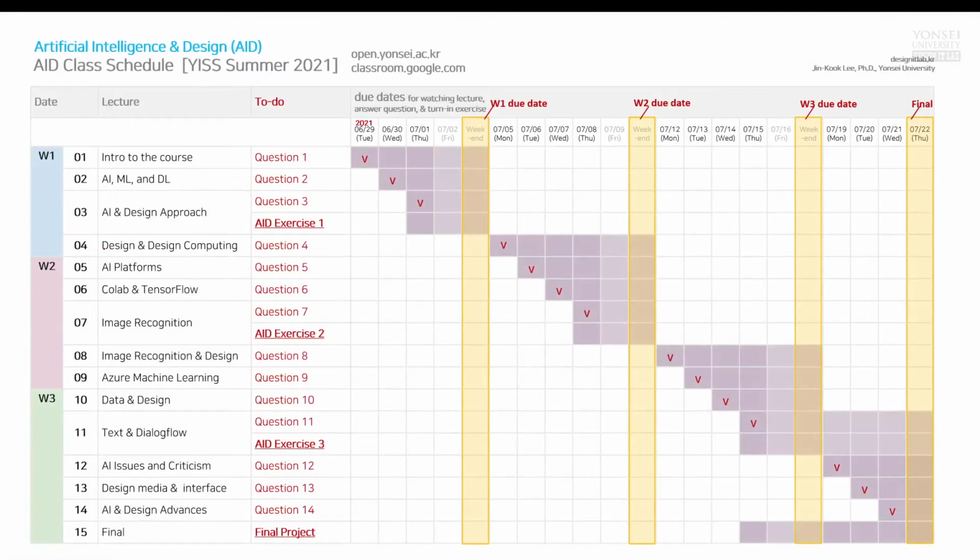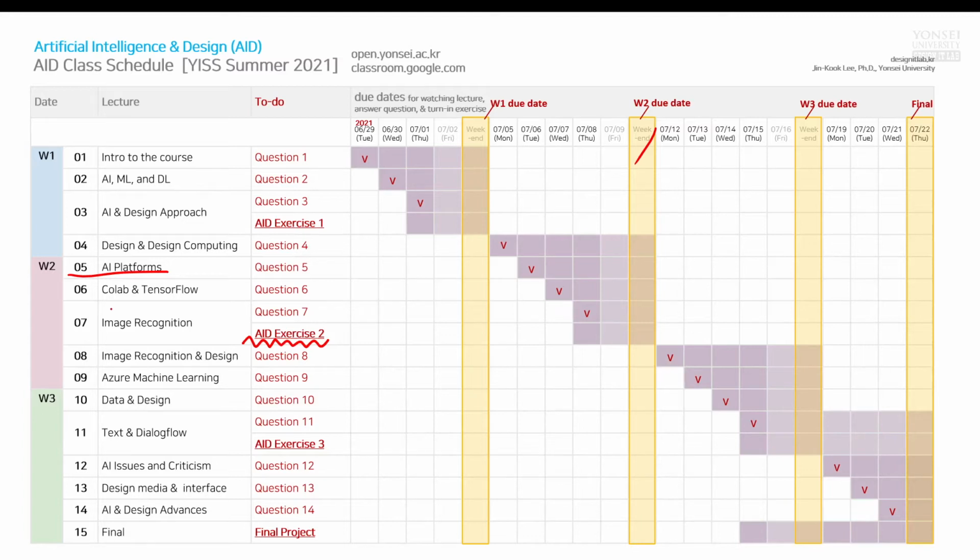Okay, as you know, we are in the AI platforms part now. Now you know how the class goes, right? Your due date is the end of this weekend for a series of questions, and luckily I didn't give you daily exercises. Instead, you have to resolve another AI exercise from last week. Last week's lab exercise was something easy to do, but this week, tomorrow, you are going to be